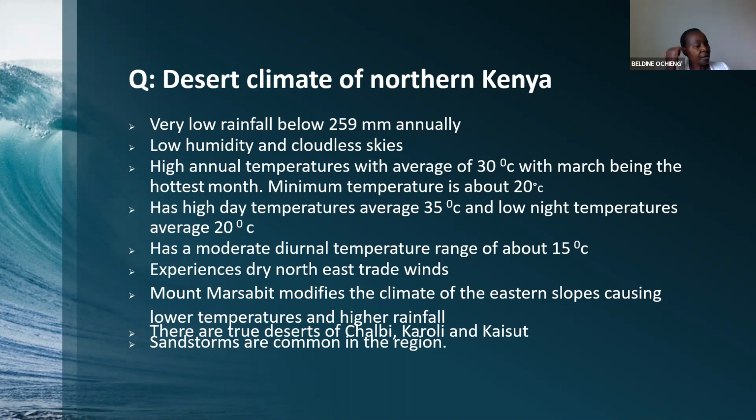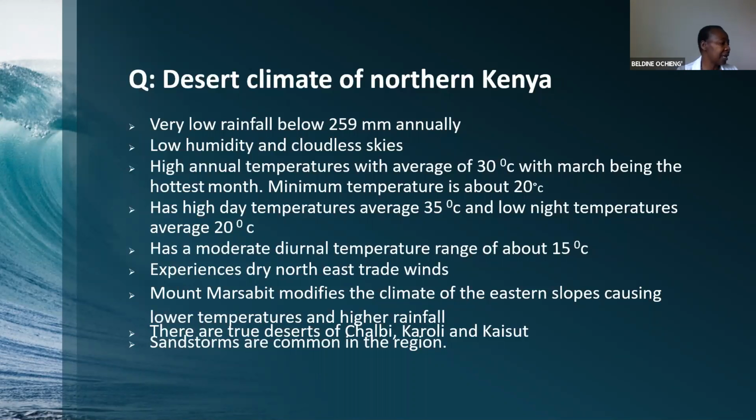So we have relief rainfall because Mount Marsabit modifies the climatic conditions, both temperature and rainfall. It makes rainfall slightly higher and lowers the temperatures, because we know the higher you go,